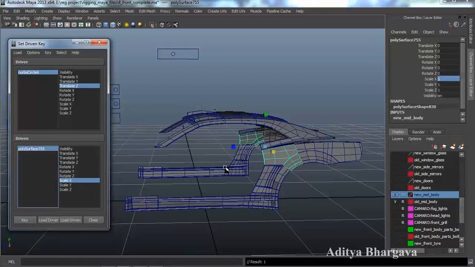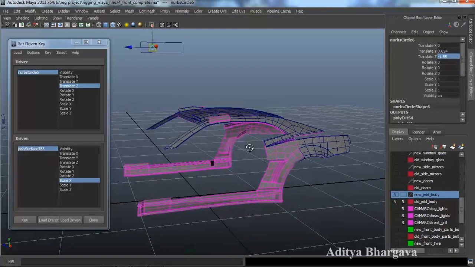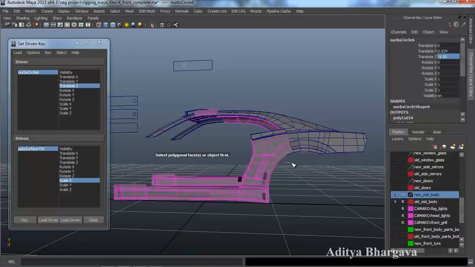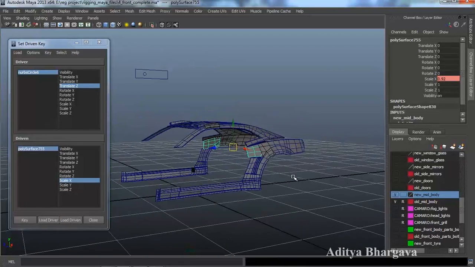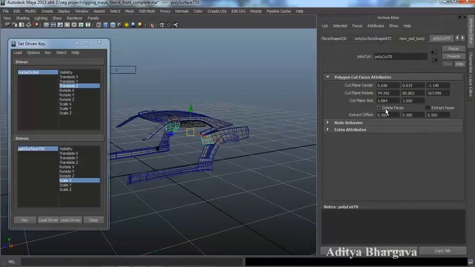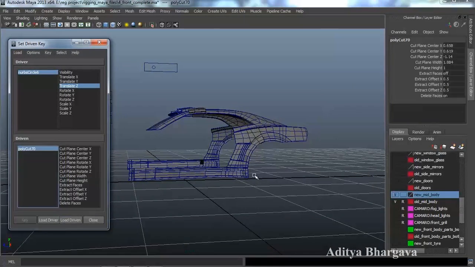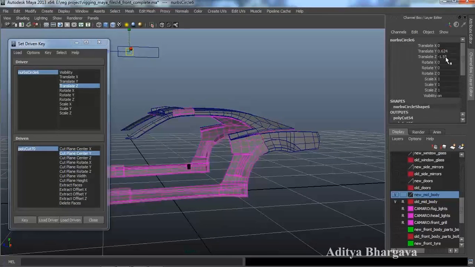Now we'll key it over here. Now we'll take the controller back to the previous position, that would be minus 1.55, like this, and we'll go to edit mesh, cut faces tool, we'll add a cut faces tool below this layer, and we'll press Control A, we'll press delete faces, select the tool, press Control A again, we'll make it as a driven, select the center Y, key, select the controller, Control V, press enter,